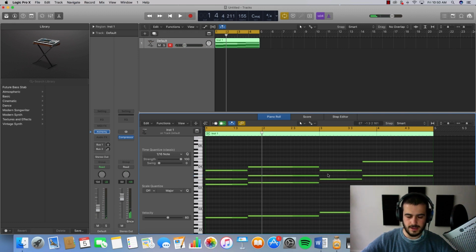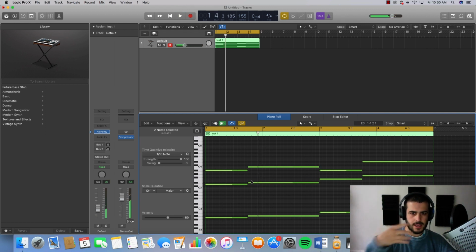So these are going to bring in that kind of like these two notes here. I'm trying to work in a certain mood. So without them, it kind of reminds me of a house song, but I should have clarified. I'm going for something like future bass, and so in order for this to remind me of a future bass sound, I want it to be kind of like a fancier sound in the chords. If I was going for house music, I'd leave these how they are because they kind of align more with a happier mood as they stand right now.